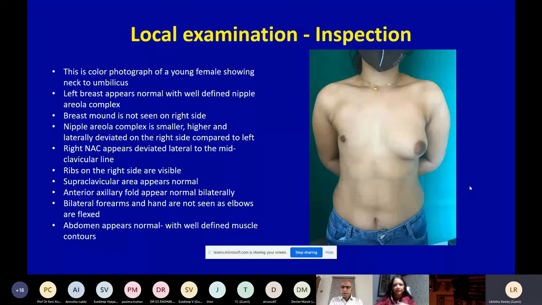Is it necessary to examine the latissimus dorsi in a suspected case of Poland? Yes, sir. There is an association that the latissimus dorsi might be hypoplastic, and because we want it for the reconstruction, latissimus dorsi is the most common muscle that we use. Good. So we definitely need to know about it. Obviously, you'll come into the investigation part of it, so we'll wait until then.